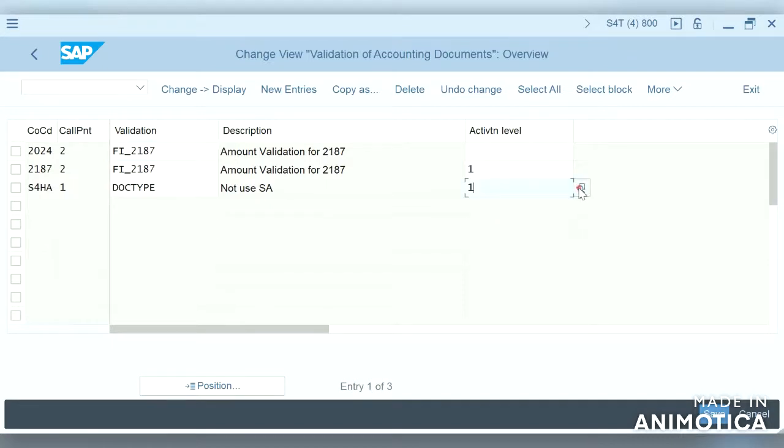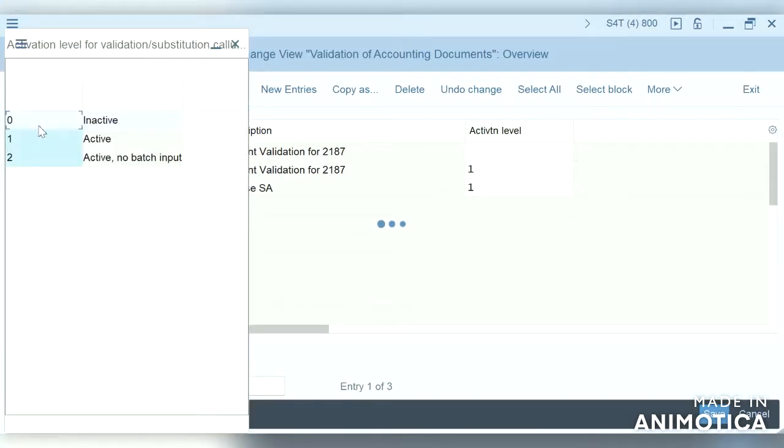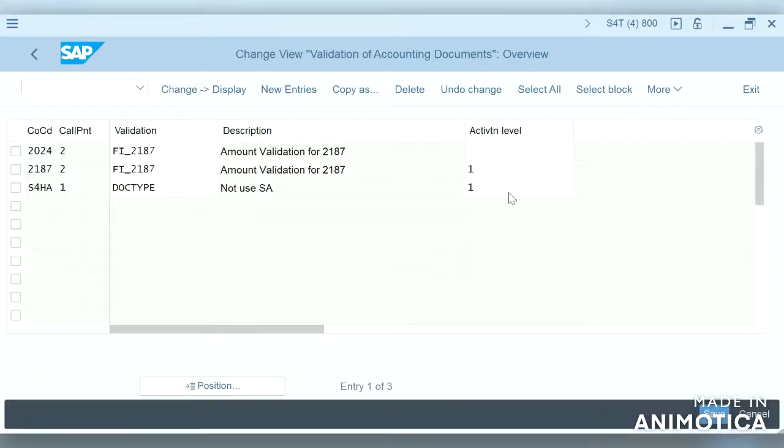It should be inactive, right? We will try to make it inactive with a 0, and save it.